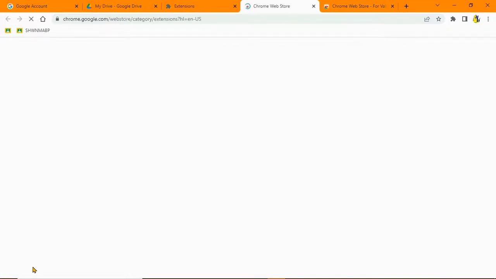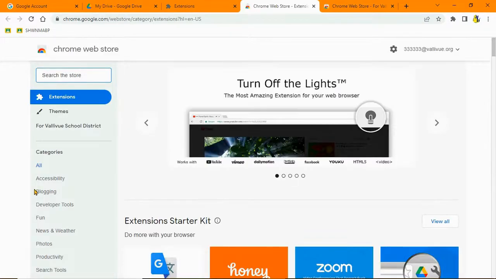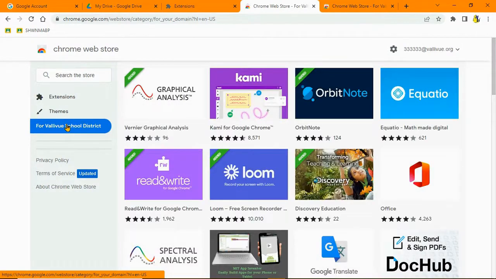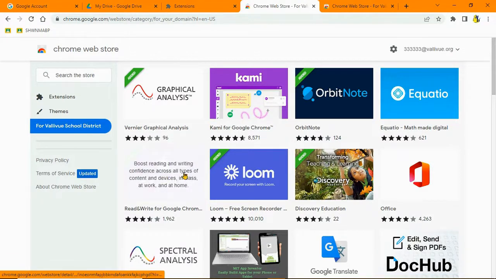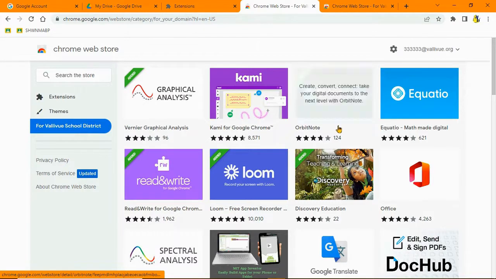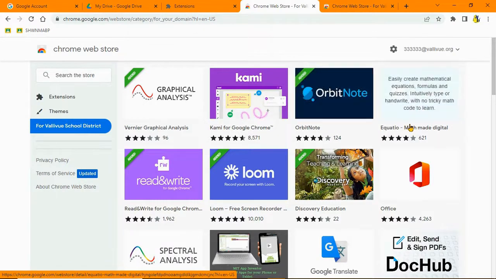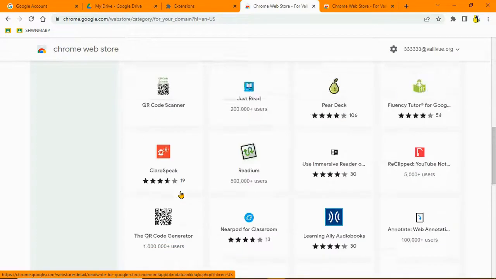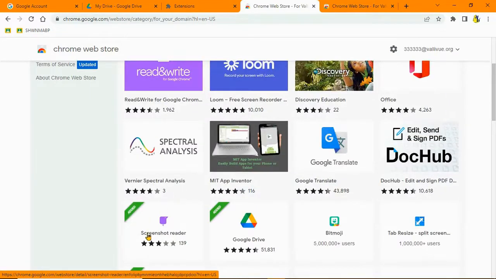If you click Open Chrome Web Store, and then for Valley View School District, it will show you all the ones that have been approved for student or staff use. We suggest that students turn on Orbit Note, Equatio, Read and Write,